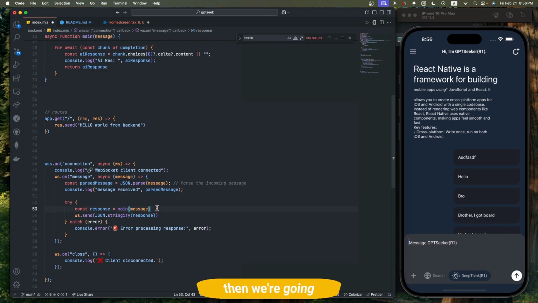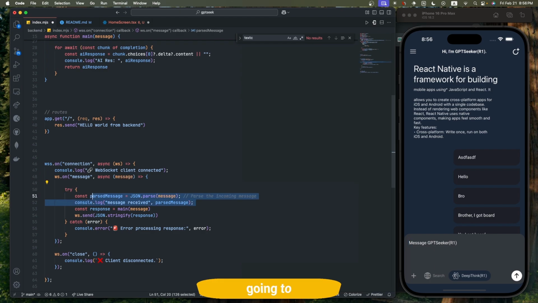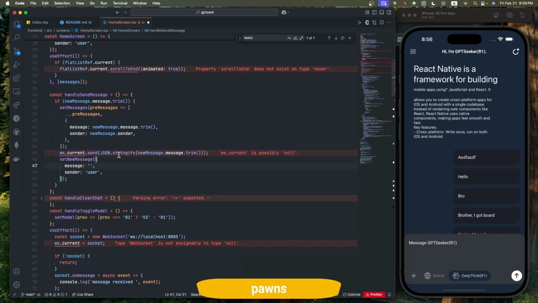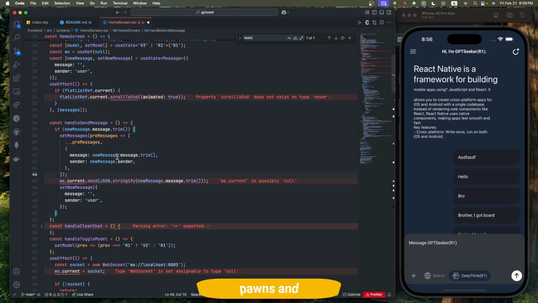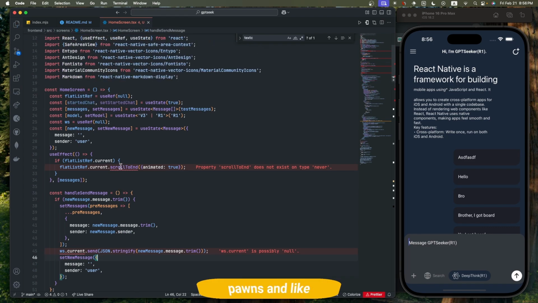And then what we're going to do after that, we're going to send the person message and then stringify the response and wait, yeah,